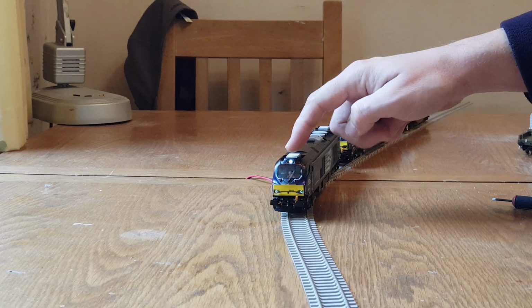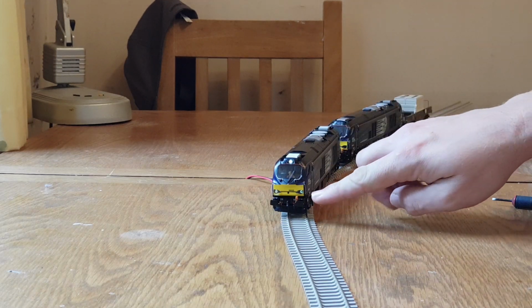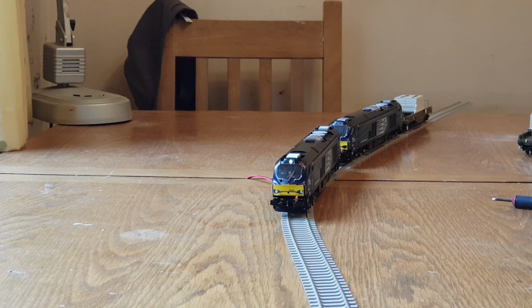You'll notice it's got the top light and the halo lights. That's the only fault of the model as standard, that the top light is fed from the main headlights, not the halos. So if you had the halos lit before, the top light wouldn't be lit. So I've modified that. It's still fed from the main Dapple circuitry, so